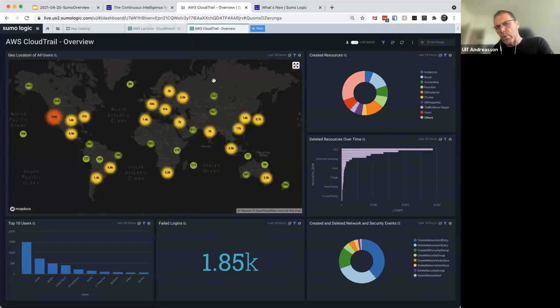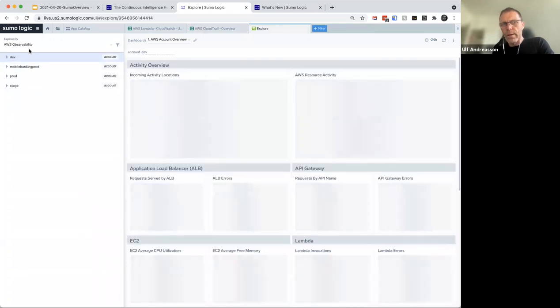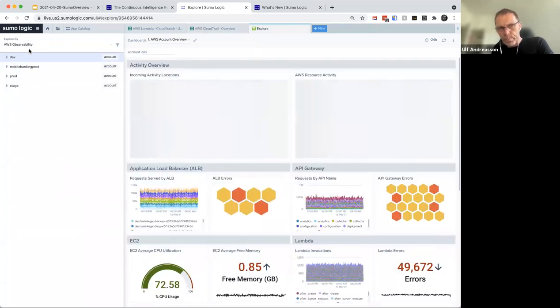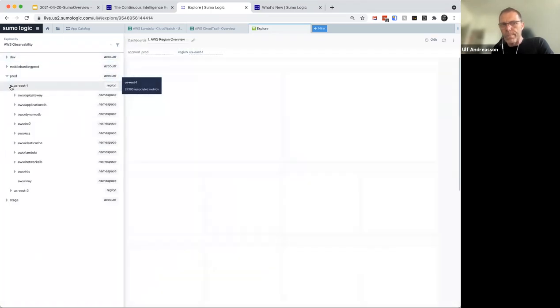Now, the challenge with this model is that if you're going to have a dashboard for each and every entity or for each and every thing you can think of, it's going to be a lot of dashboards. And that's why we created the Explorer with the AWS Observability solution built into it. What this really means is that if you think about the Windows Explorer, as we probably all have experienced, right? On the left-hand side, you got some objects. In the Windows Explorer, it would be directories and maybe disks or whatever you had. In Sumo, these objects or this hierarchy is actually up for you to build or, so we can